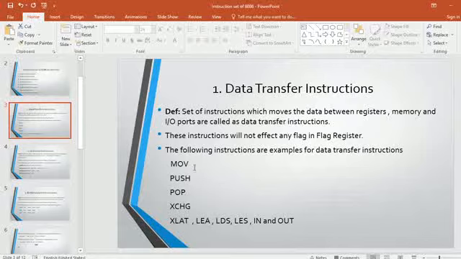I'm going to take the move instruction, which copies the source to the destination without changing the source value. For the syntax, you write: MOV destination comma source. Under that, the example: MOV AL, BL. So the BL content is copied into the AL; like that you are supposed to explain. Okay, now. So you are supposed to list out the examples for only 2 or 3 instructions. Don't go for all the instructions.